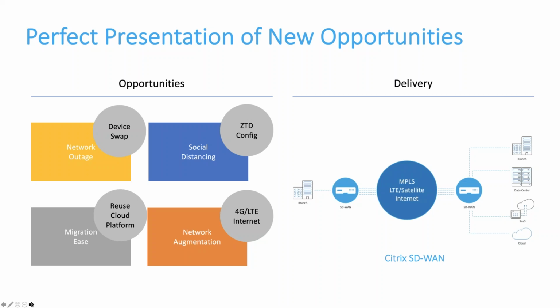So in the traditional model of WANs, most locations had a single carriage service. Now's a great opportunity to bring in internet, bring some additional 4G LTE to the network, and then utilize the SD-WAN platform to bring it all together, aggregate bandwidth, policy route applications, and basically provide a better level of service when it comes to network access.